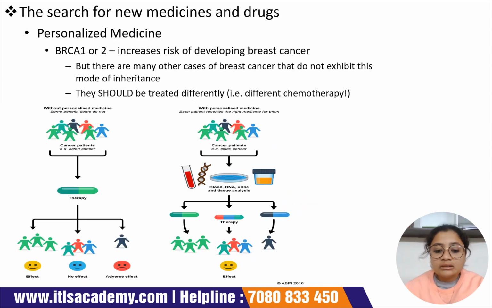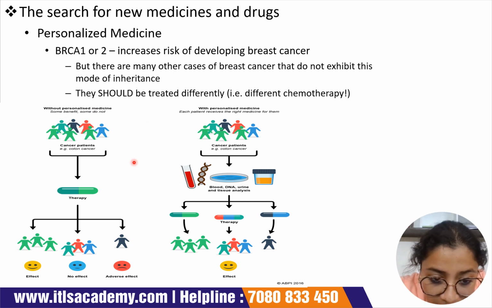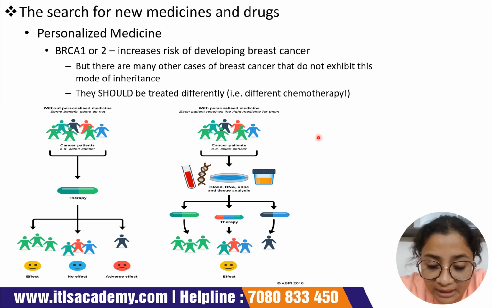Okay, so that is exactly what I am showing you in the next slide, as you can see. So see, personalized medicine. What they are showing over here is a group of cancer patients and we are giving a medicine, and all of them are suffering from the same type of cancer. Say for example, we have taken breast cancer here, and the main gene mutation responsible for causing breast cancer is in the BRCA1 or BRCA2 gene. Many other genes are also there, but the most prominent is this one.